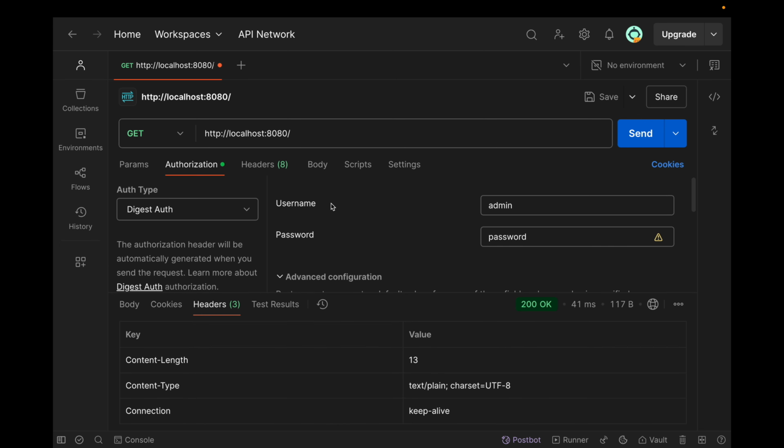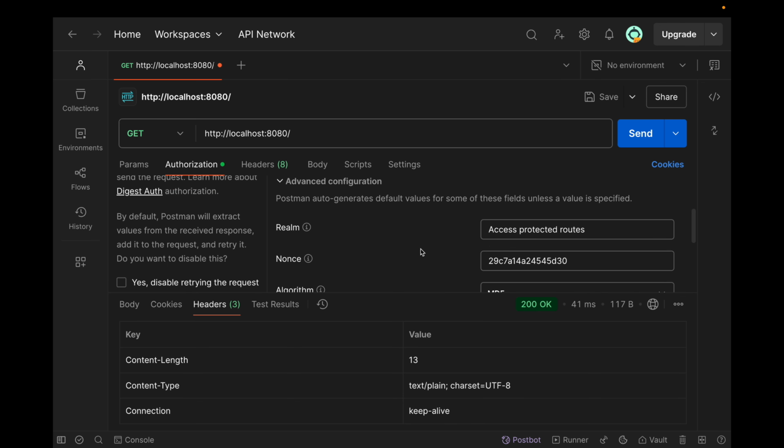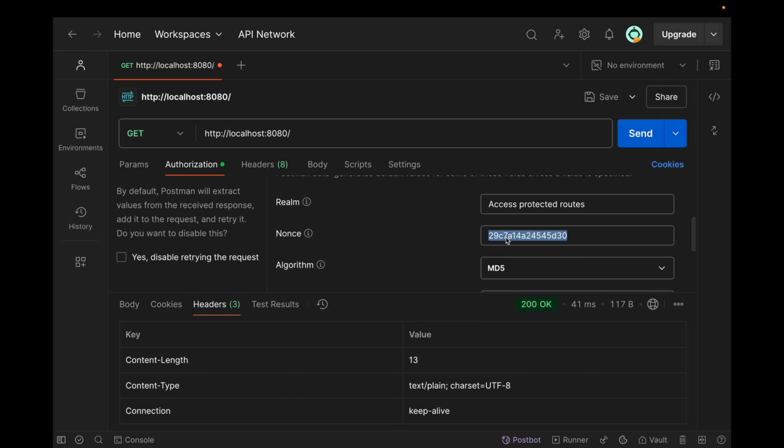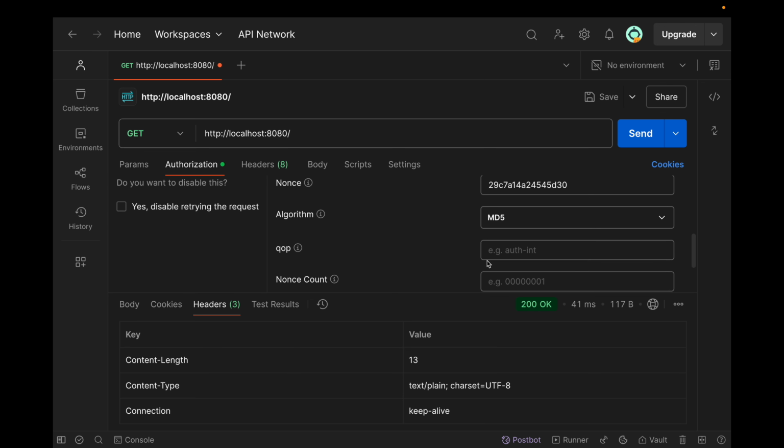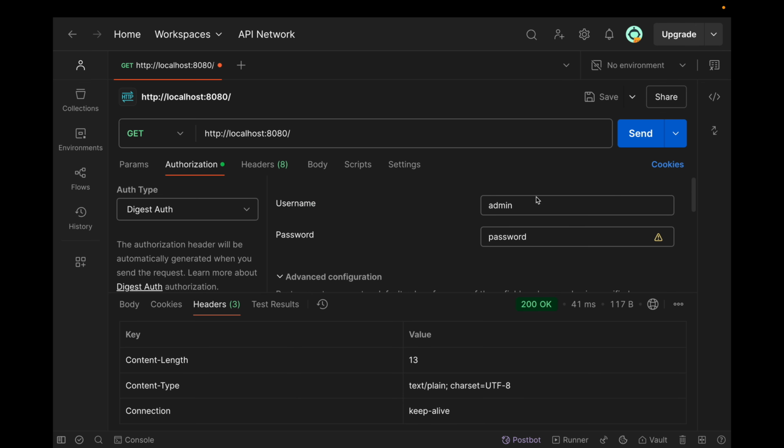Overall flow is, first we make the request without any parameters, then the server will throw 401 unauthorized with the header www authenticate, then using the nonce and realm within the header we can make the request. And note the algorithm here is MD5, make sure to have this one, and if we make the request we get successful.